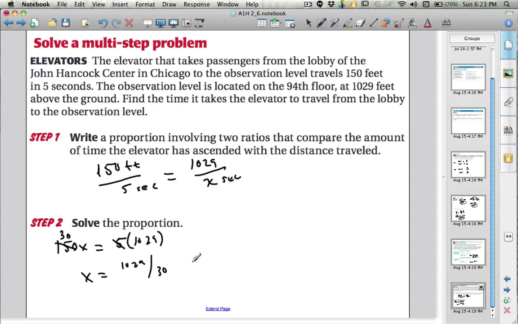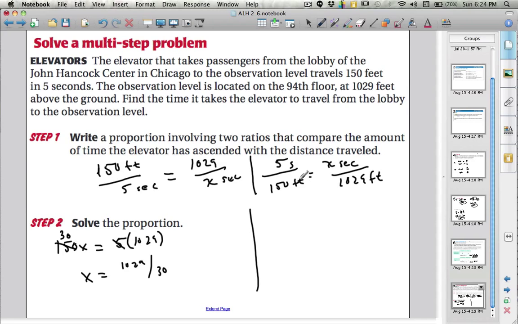Okay, I'm not going to go ahead and finish getting the decimal for that. But what I do want to talk to you about is that sometimes it's awkward when you create this ratio if you put the variable you're looking to solve for in the denominator. That can be kind of difficult. It's just as valid for me to take this ratio and make it 5 seconds over 150 feet is equal to x seconds over 1,029 feet. Okay, and you'll generally find that it's easier if you put the variable in the numerator,